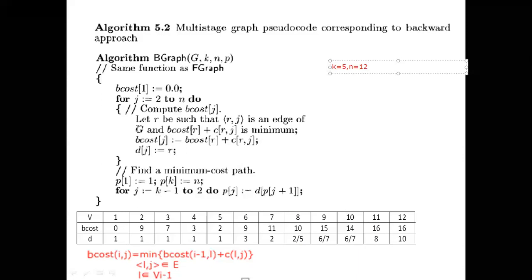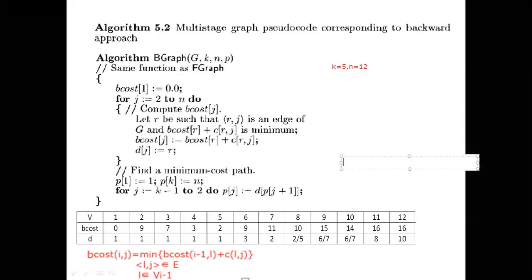With the help of this loop, J is equal to 2 to n, this table is going to fill. Now, at last, we are returned the shortest path. That path it is finding using this particular one. Two values, I will write it here. Remaining values, you can solve it and see, right?